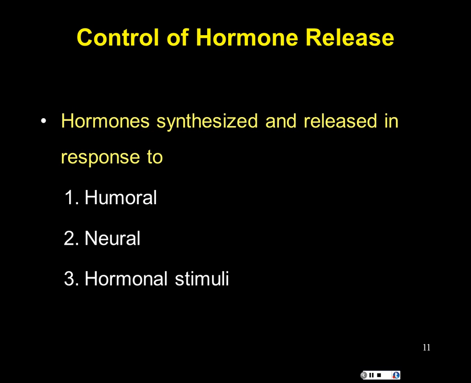The point 1, humoral. First couple of days of class, we said what does humoral mean? Blood factors. Okay. Something in the blood that's not a neurotransmitter, that's not a hormone, can actually cause the release of hormone products from an endocrine gland. For example,